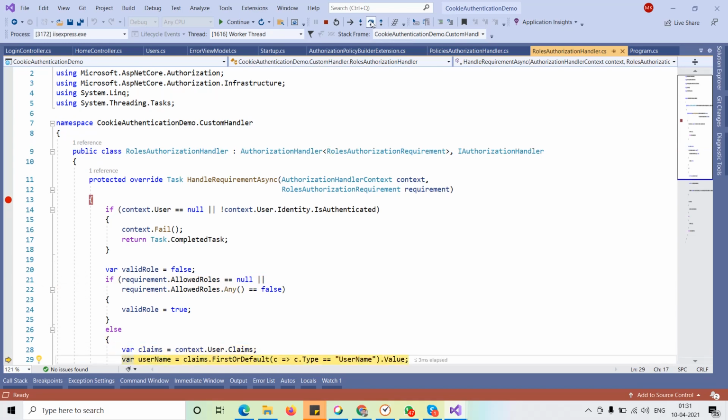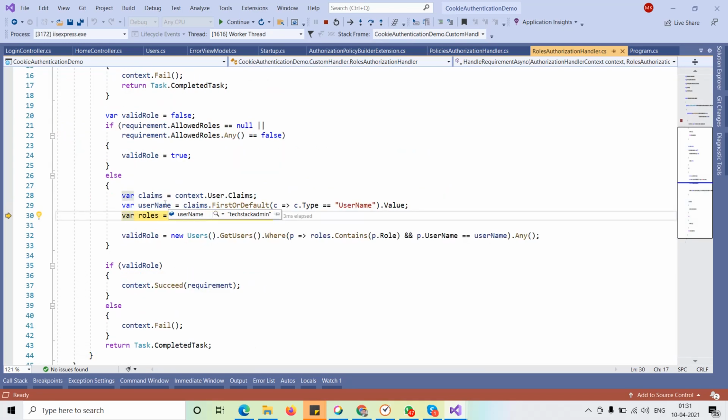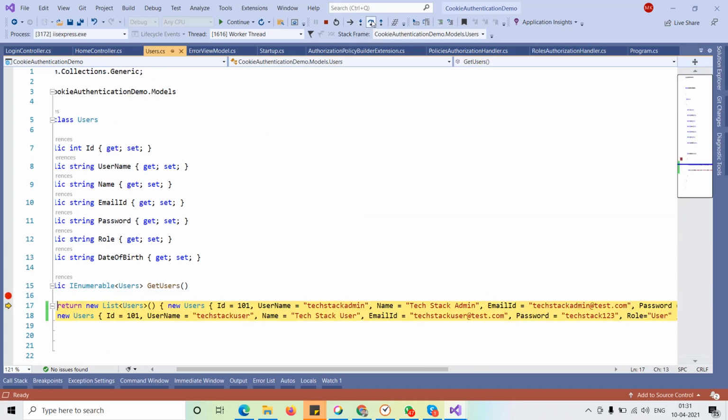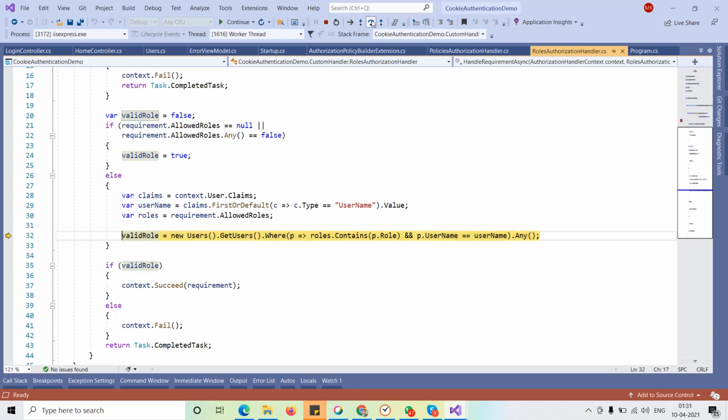So I have got the claims, the username, so I got the username TechStack admin here. Now I get the roles, so let me check the role here. So this is basically checking the role in the user request. So this is false. Okay, so the role page cannot be accessed by the admin user, you can see.